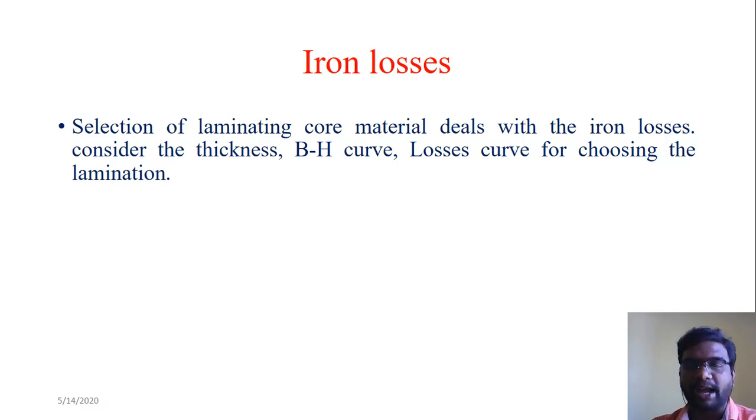Moreover, I didn't include in my presentation another criterion here, which is density. Another factor is the density of a material, because now we are discussing the iron losses, but the density plays a vital role in the mechanical oscillation of a machine. So we have to consider the impact of the density of a material also, right?